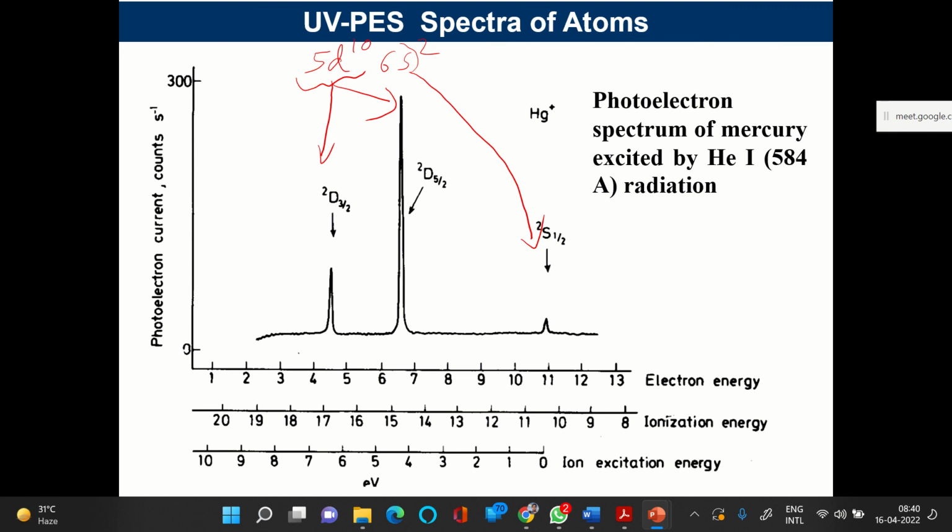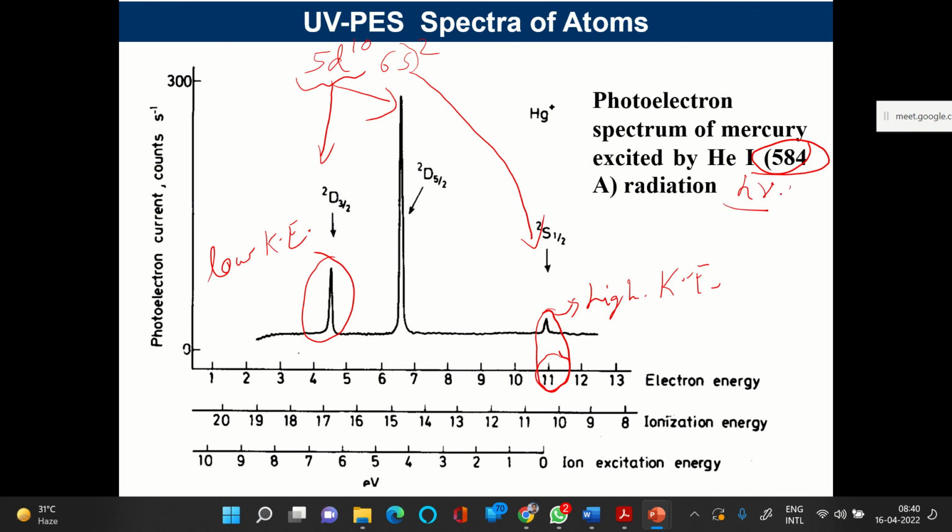सबसे कम एनर्जी चाहिए 6s इलेक्ट्रॉन को निकालने के लिए, तो उसमें से जो इलेक्ट्रॉन देखिए ये 11 पे सबसे हाईएस्ट काइनेटिक एनर्जी पे अपीयर हो रहा है, हाई काइनेटिक एनर्जी, and the d electrons which are inert, lying inner to the outer shell, have low kinetic energy, because the wavelength used is the same, the source radiation is fixed, h mu is fixed, right? And so जिसमें कम एनर्जी लगा वो उसकी काइनेटिक एनर्जी ज़्यादा है इलेक्ट्रॉन की,